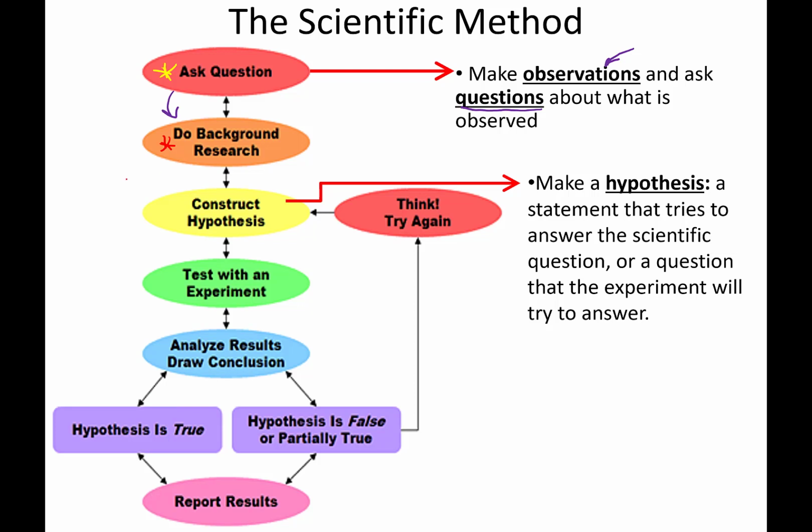Now, once we understand a bit more about our animal or about our question, thanks to our background research, we construct what's called a hypothesis. A hypothesis is either a statement that tries to answer our scientific question, so in other words, an educated guess, or your hypothesis can also be a question that your experiment is going to try to answer. So for example, if I'm interested in why rats are active during the night and not during the day, I could form a statement-type hypothesis, which would be an educated guess, something like